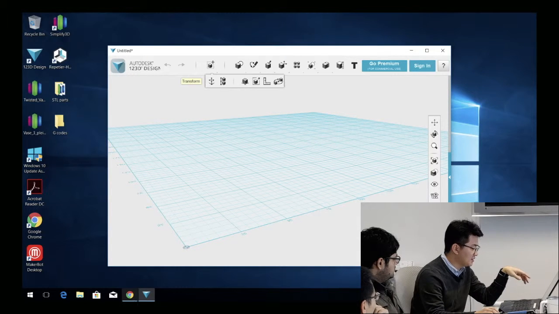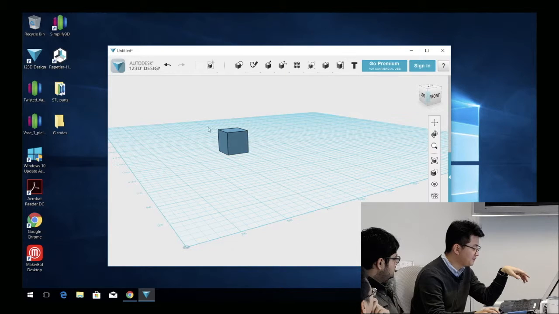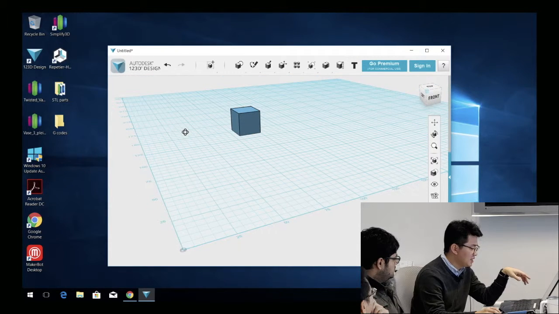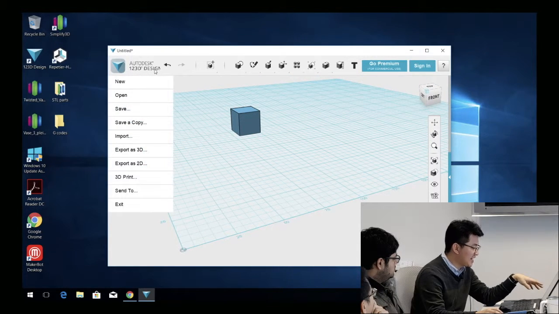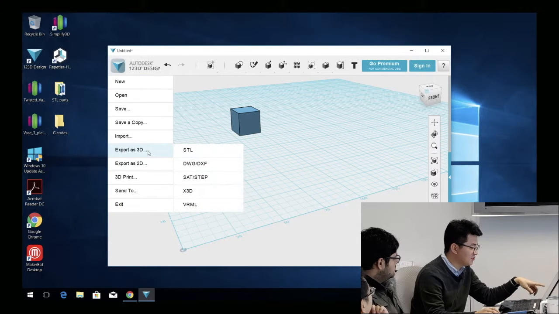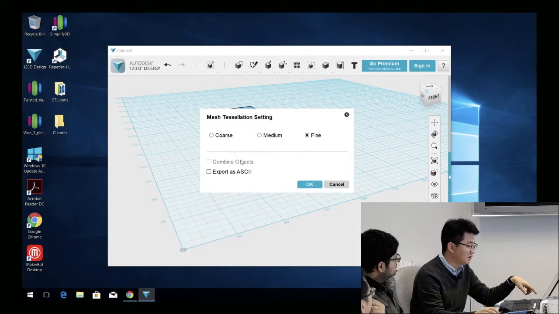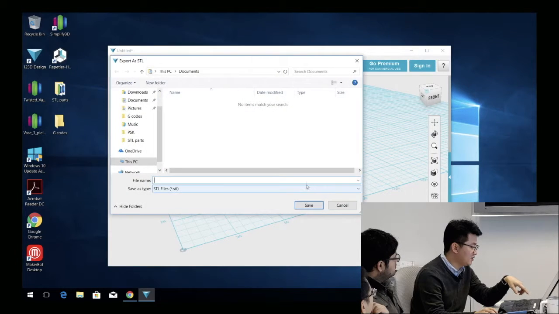Once you get the 3D model, for example, we just do this really quickly. We got this one. This is the 3D CAD design, and you want to export it into a 3D file for printing. Normally, the most common one that we want to use is STL. Lots of software actually support this. And if you export to STL,